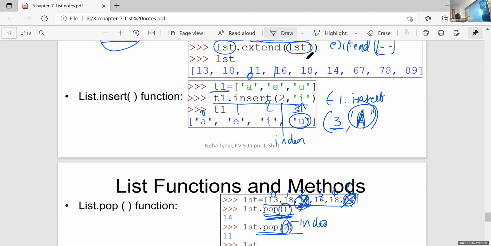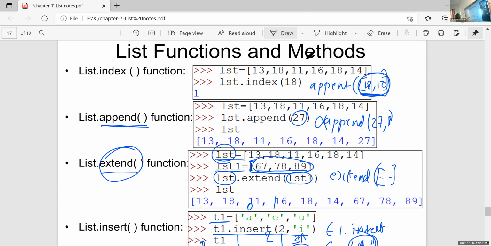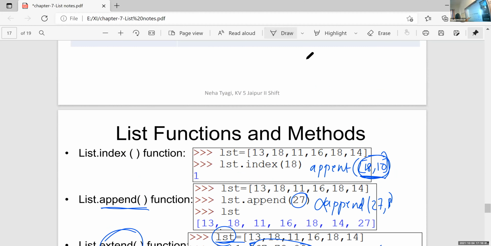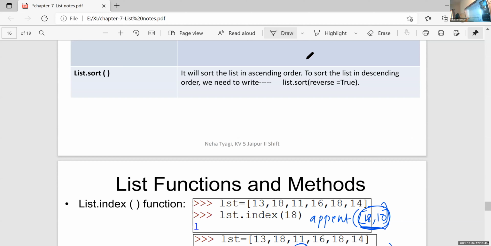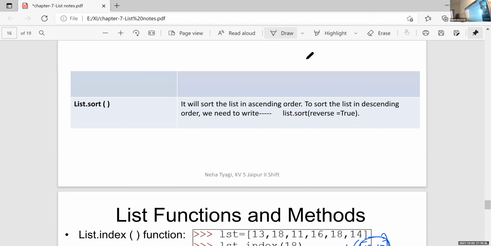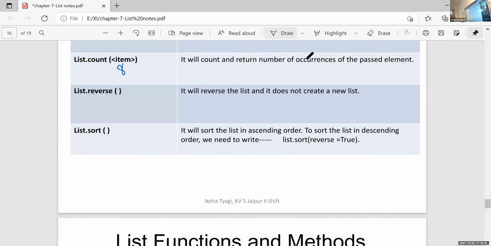Then write the last function. List.sort. It will sort the list in ascending order. To sort the list in descending order, write the statement list.sort reverse equal to true.